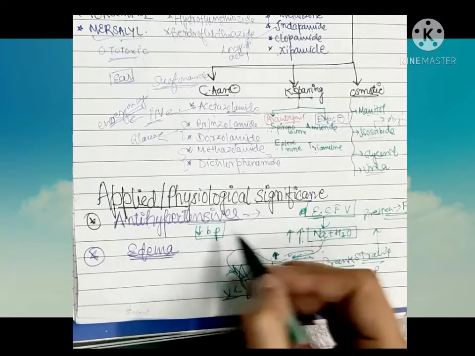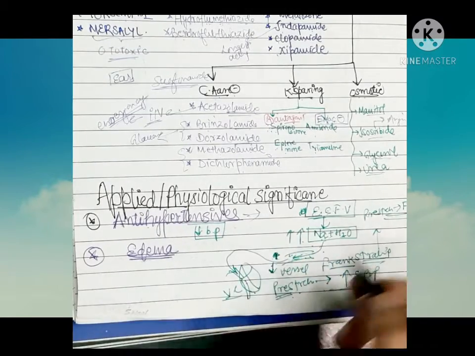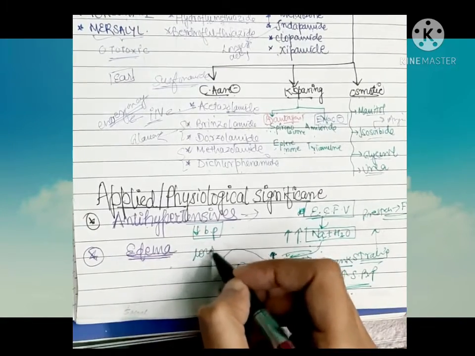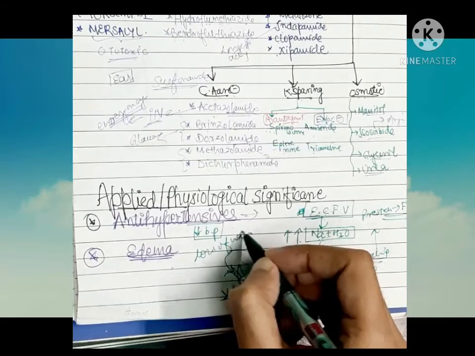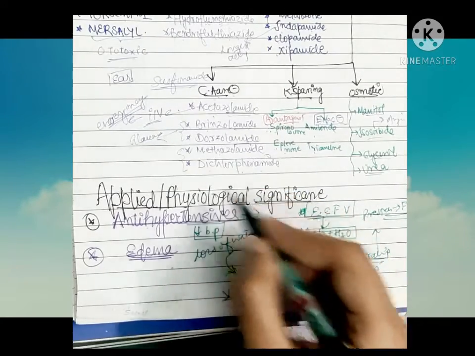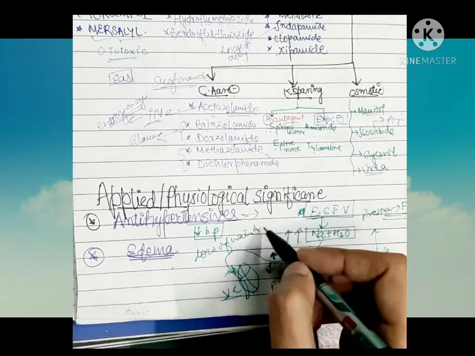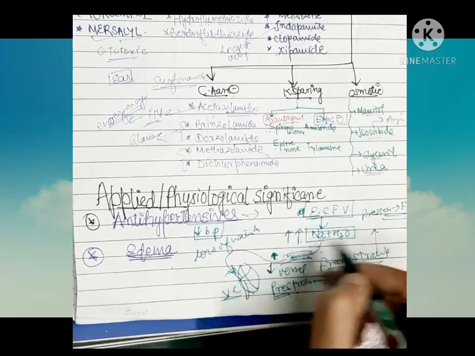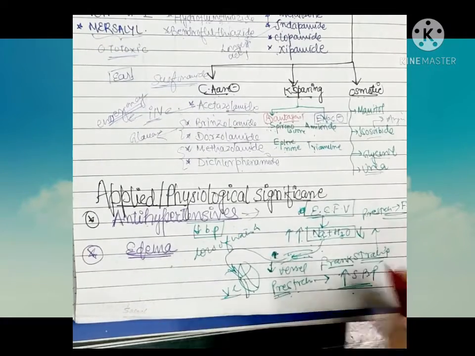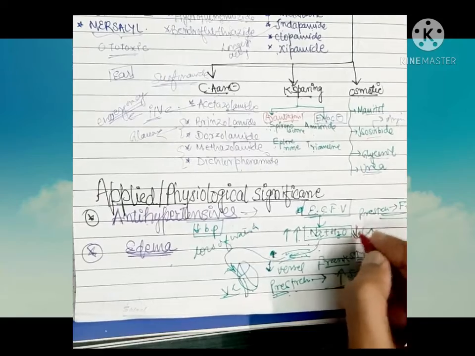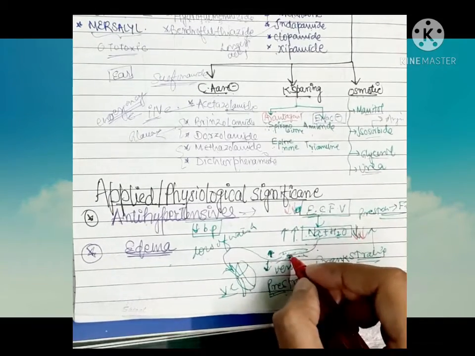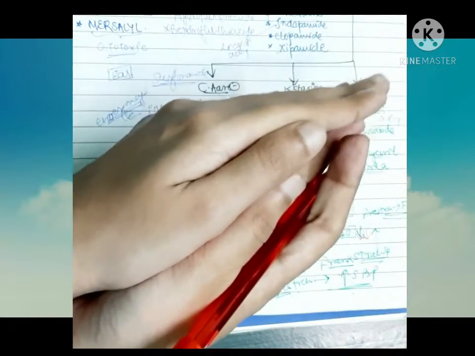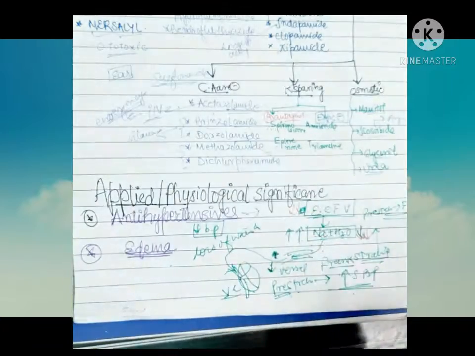And what do diuretics do? Diuretic drugs can cause loss of water and electrolytes through the urine. Suppose the water and electrolytes lost are sodium and water. Then there will be less extracellular fluid volume, less filling into the vessel, less stretching of the vessel, then there will be low BP.